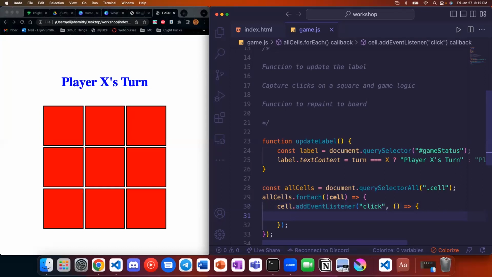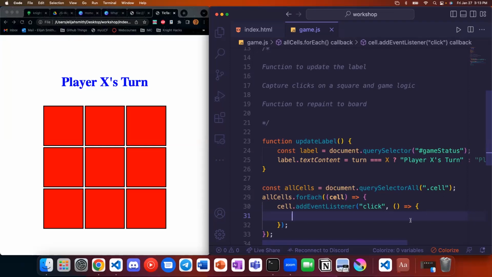And here's what we're going to do. We are going to figure out which cell they clicked and what row and column it corresponds to. We're going to look in our game state, and we're going to check if there's already something there. If they click on a cell that's already filled, then we don't want to do anything. If there's not something there, we'll put the piece in there. And then if we do put something in there and our game changes, we'll go ahead and call our repaints to refill the X's and O's in our board.